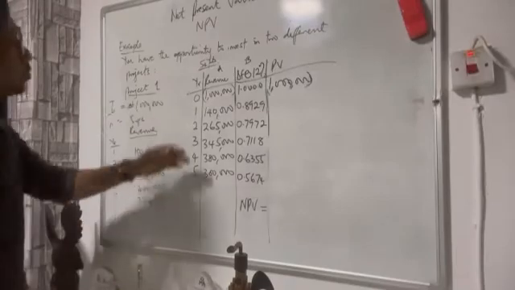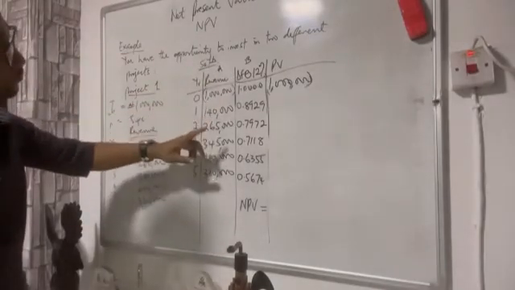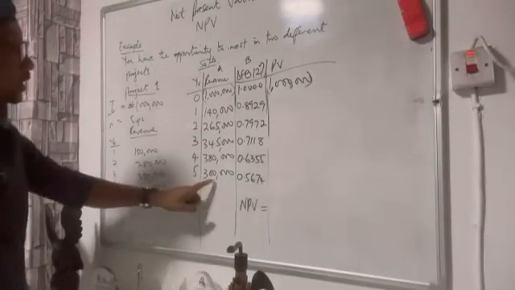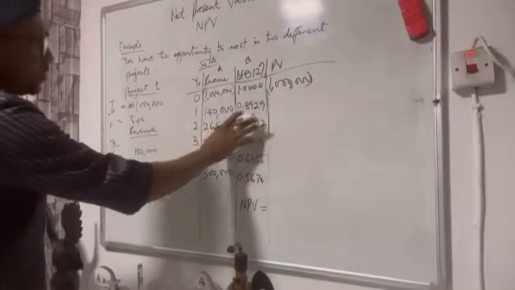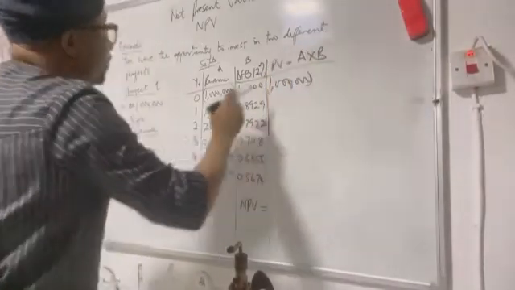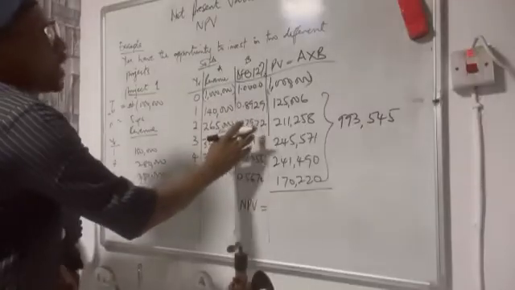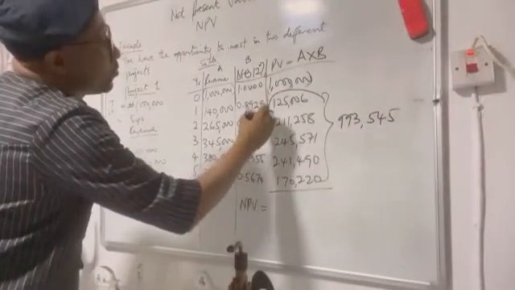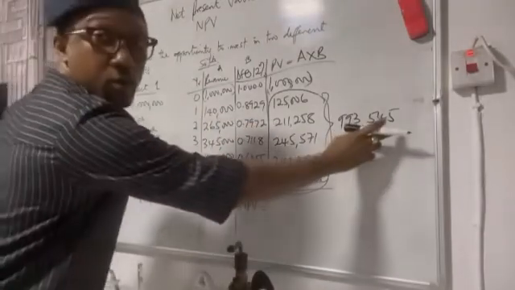For project 2, we still construct the table and then put the values. For year 1 is 140, year 2 is 265, year 3 345, year 4 380, and year 5 300. To get the present value of the discounted cash flow, you multiply column A by column B, which is this times this, this times this, this times this, this times this, this times this. Having multiplied, I've gotten the values. The next thing is to sum all these values of the discounted cash flow, which gives us